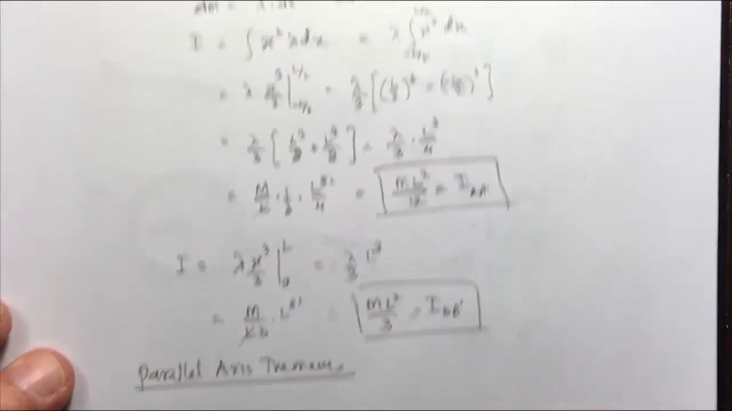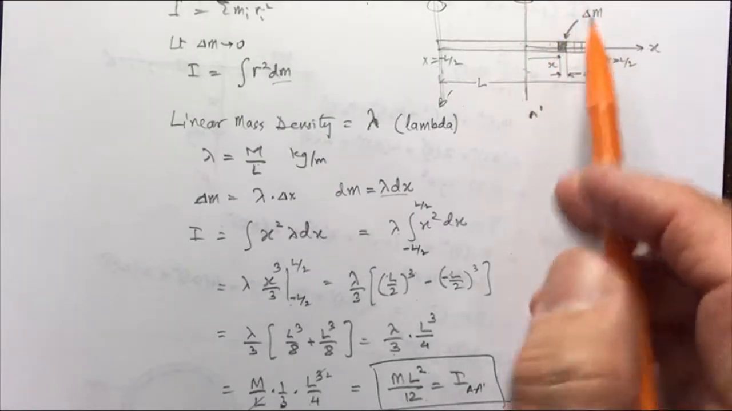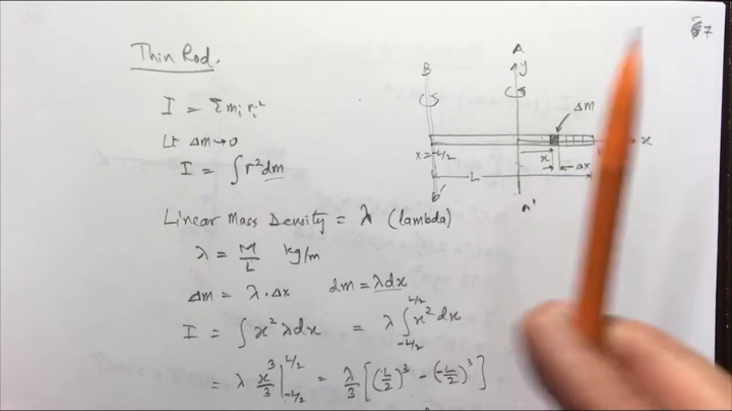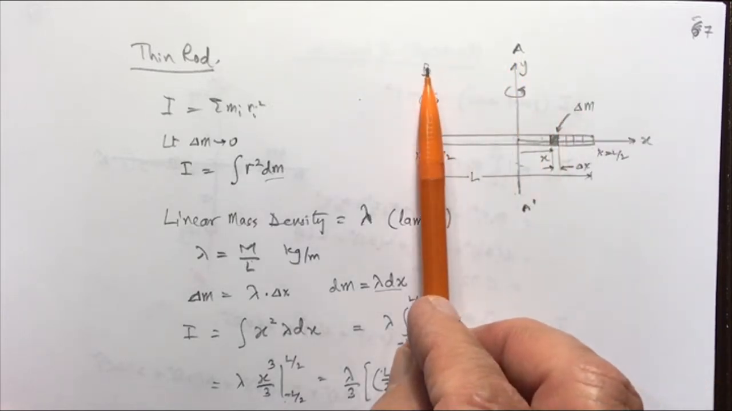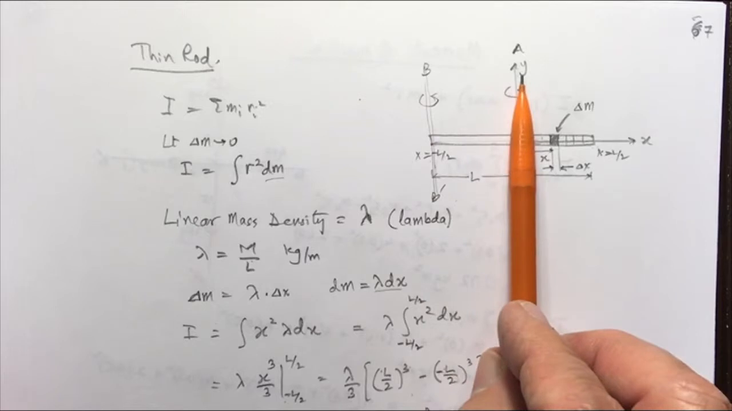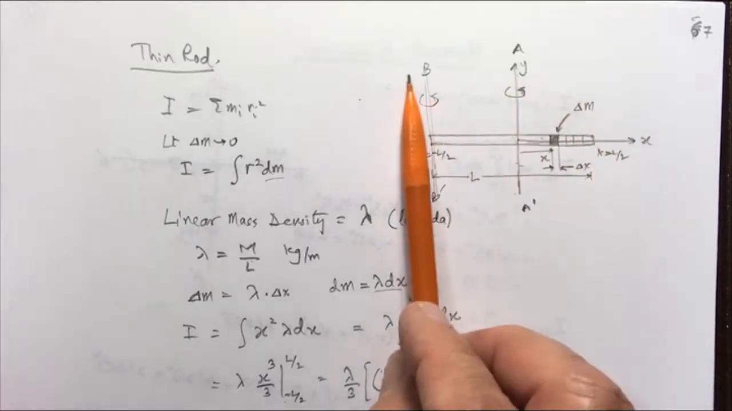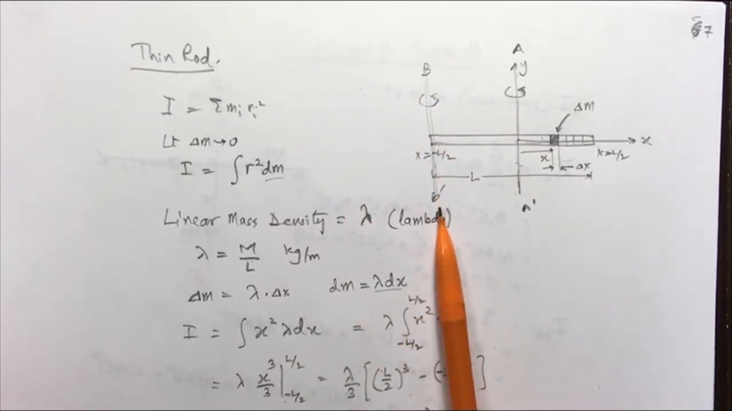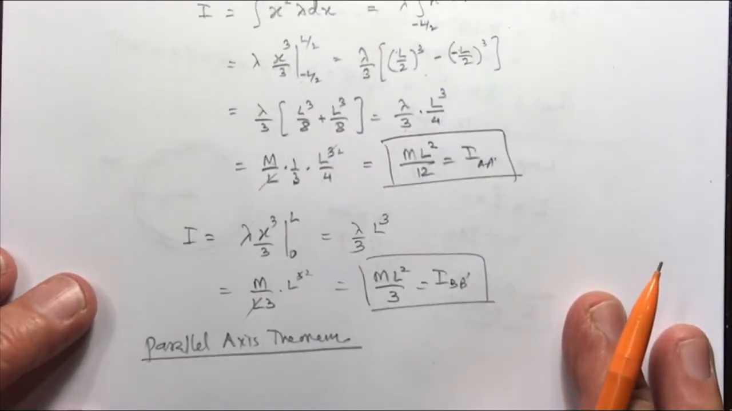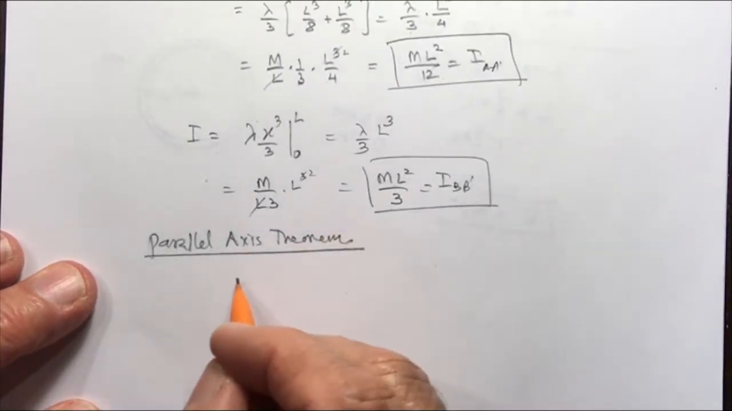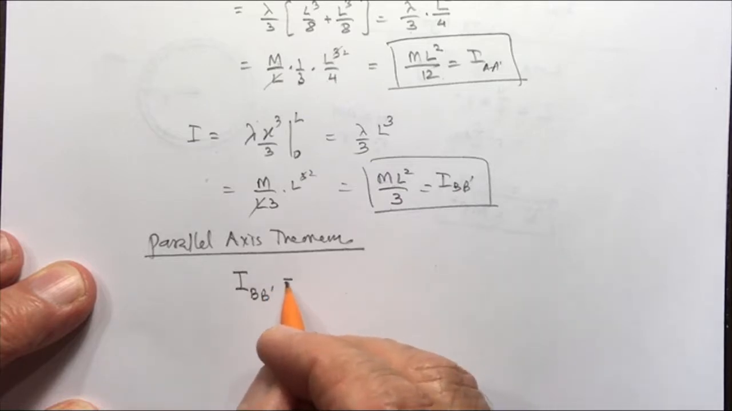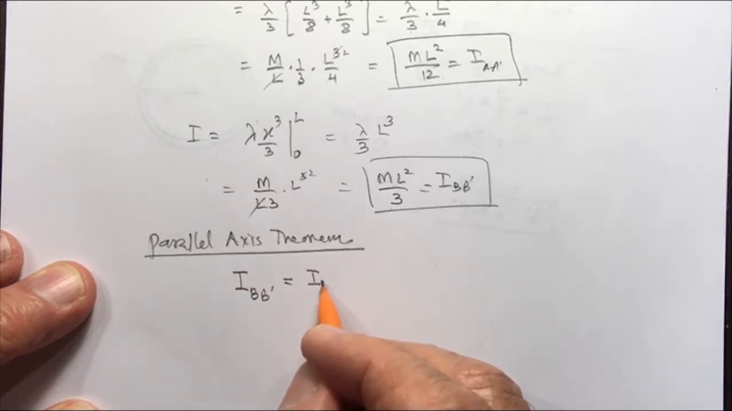And that says that if we know the moment of inertia about an axis that passes through the center of mass, then we can calculate the moment of inertia about another axis which is parallel to it and anywhere else. Could be even outside, could be even here. So to find the moment of inertia about BB prime, we could have used the parallel axis theorem, which we will use now. This theorem says that the moment of inertia about any axis is the moment of inertia about a parallel axis passing through the center of mass,